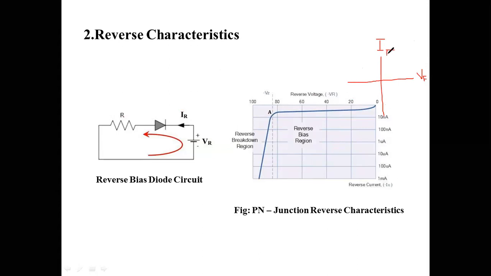When they ask only for the VI characteristic, you have to explain first the forward characteristic, the reverse characteristic, these two diagrams, circuit and the waveform, and then combine in a single waveform. In that case this will be IR, this will be VR, and then you can see the forward bias characteristic. It will slowly increase till cut-in voltage. Once cut-in voltage is reached, the diode is on and current is increasing